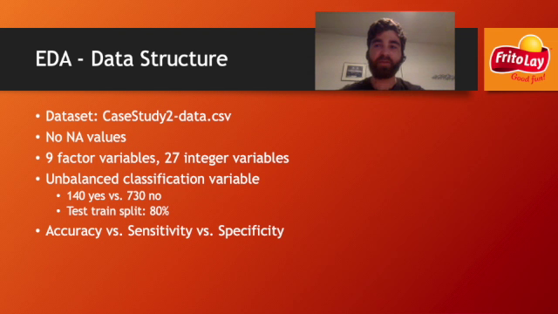In order to gauge how well each of our models did, we use accuracy, sensitivity, and specificity. Accuracy is how many correct predictions the model made out of how many total predictions that the model made. Sensitivity is the true positive rate, which means that given that someone is a yes, what is the probability that the model predicted yes? Specificity is sensitivity, but for no. We want to maximize accuracy and sensitivity more than specificity because we want to have a more accurate prediction if someone's going to leave. It's more important that we get the yeses right than the nos right.